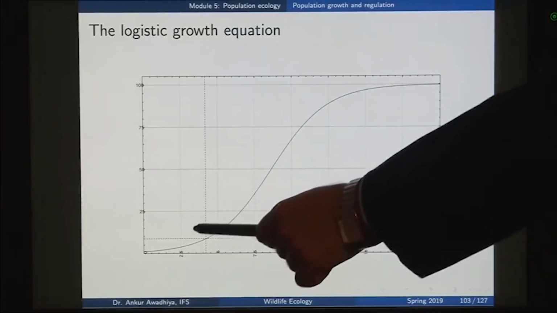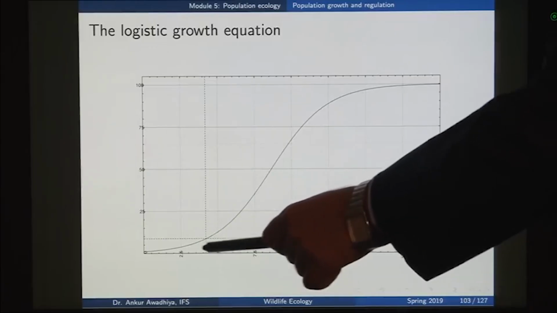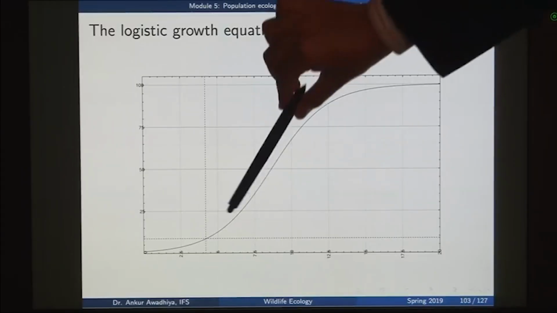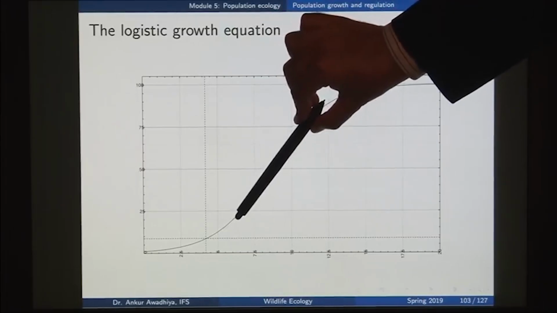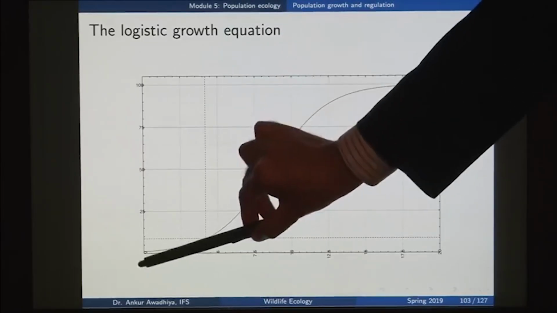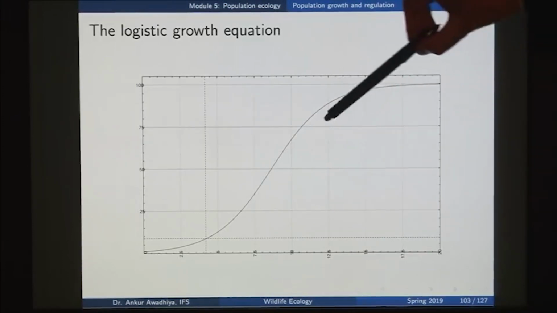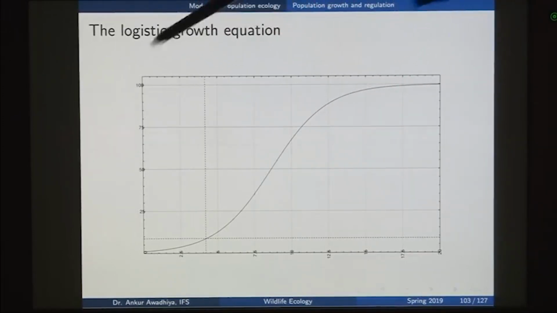Then after they have crossed a certain threshold, after they have become a bit more substantial in size, their population increase becomes even greater. So then it becomes this curve, which is known as the log phase. So, lag phase, log phase. Then it tries to become more and more stationary. As it reaches the carrying capacity of 100, it starts becoming flatter, and it is known as the stationary